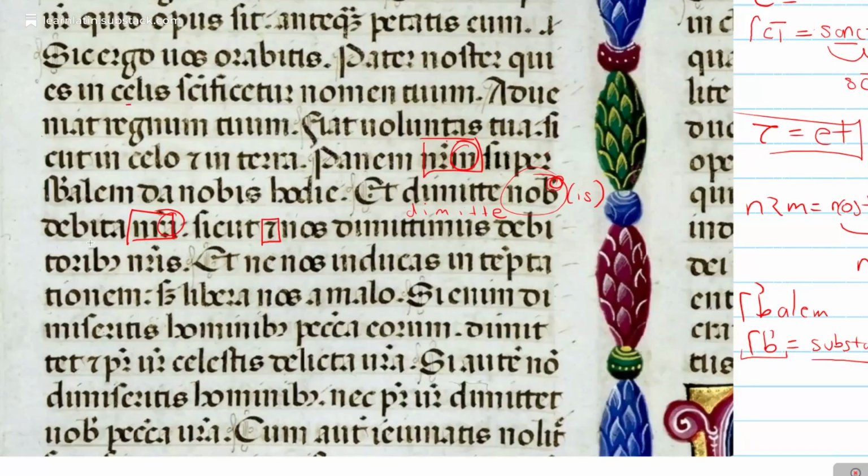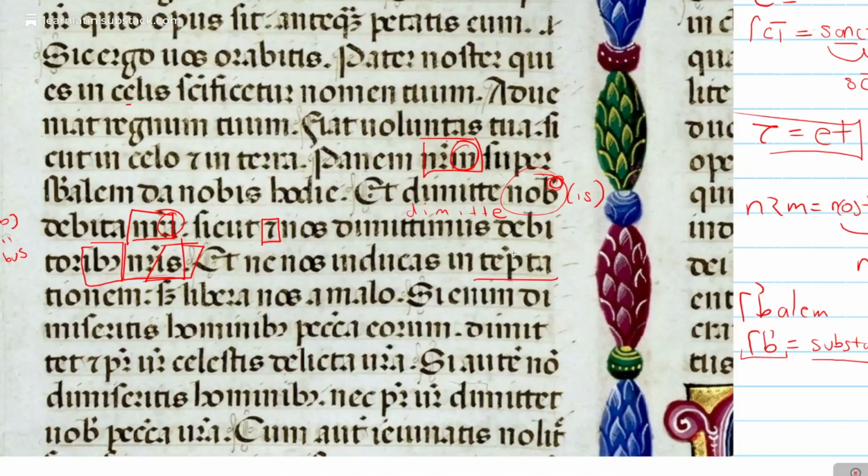debitoribus, another abbreviation. This is very common, debitor, and this, sort of like a little hook here. This is a very common abbreviation for ibus. Debitoribus, right? Very common. Nostris, and once again, what I told you before, you have the abbreviation, and what changes? The ending. Because the ending is going to tell you the case, right? So you need the ending. So instead of nostra, nostris. Debitoribus nostris. Et ne nos inducas in